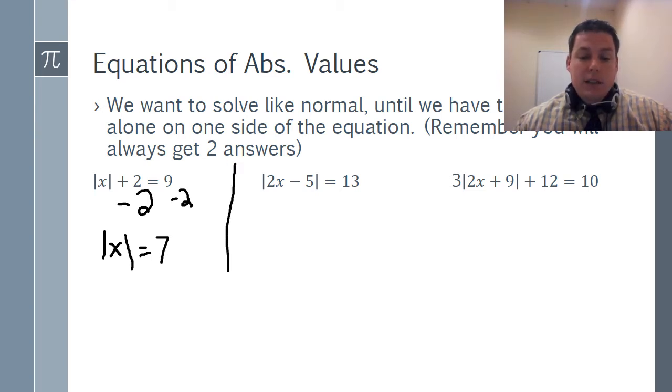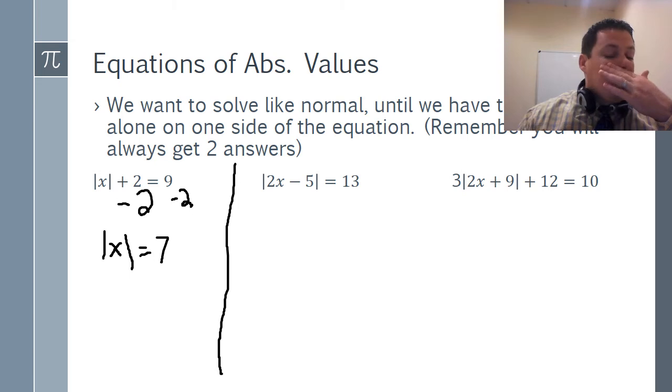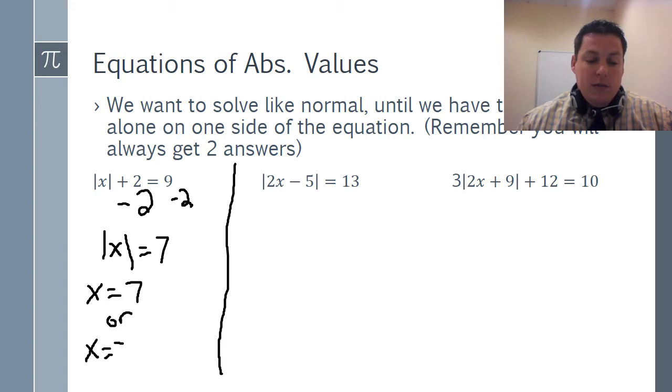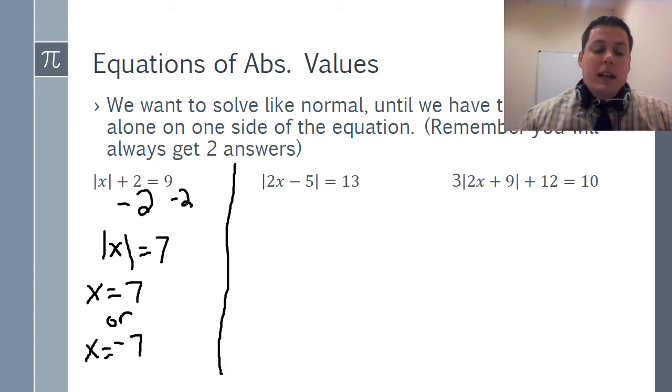And similarly as the last problem, in order to solve for the absolute value, we consider both the positive and negative. So our answer would be x equals 7 or x equals -7. That's all we're doing with absolute value. We just have to consider the positive and negative